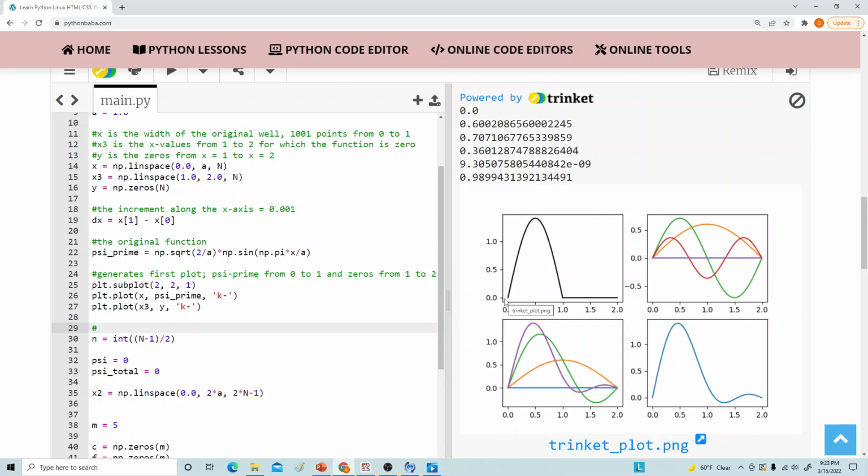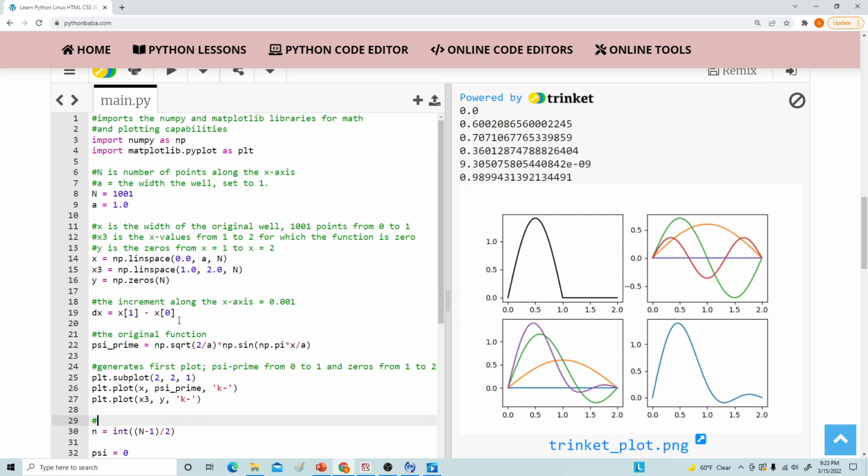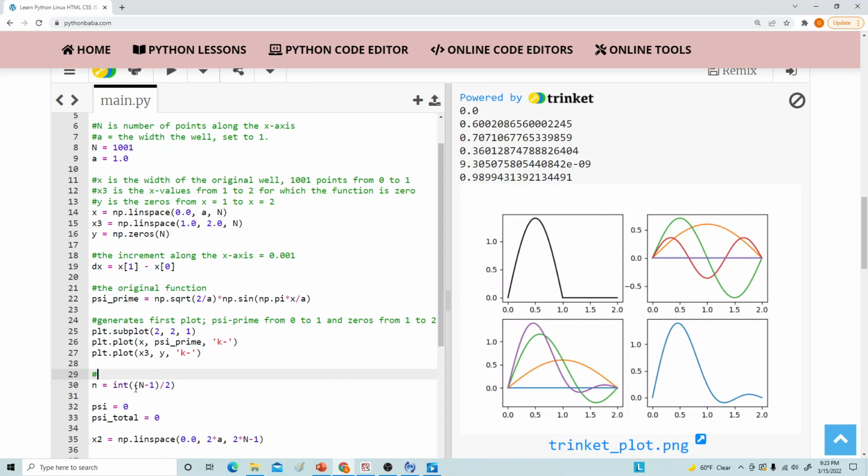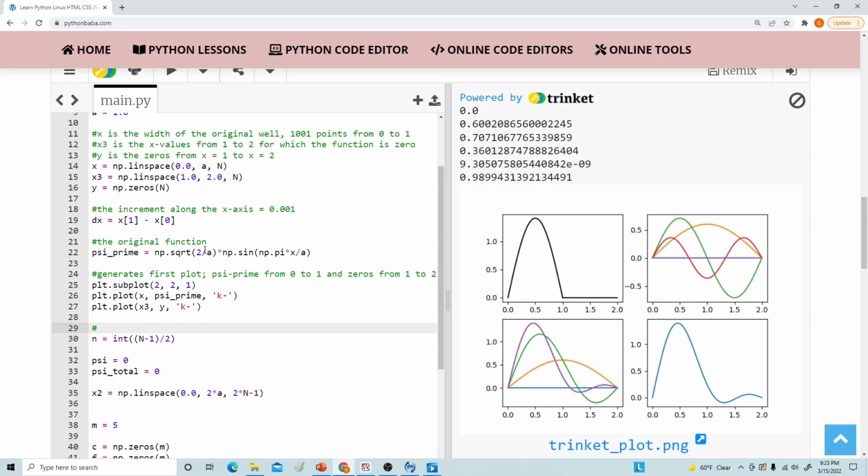So since we've set the x-axis to be 1001 points, then that is the integration over which we are going to go. So, with that in mind,